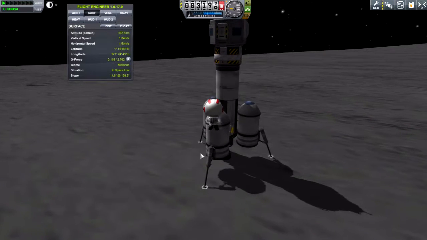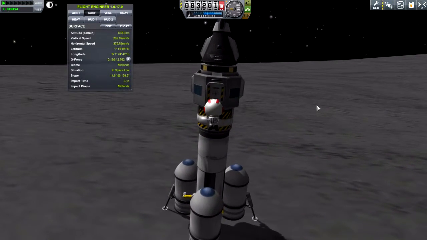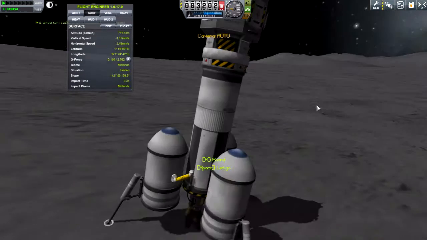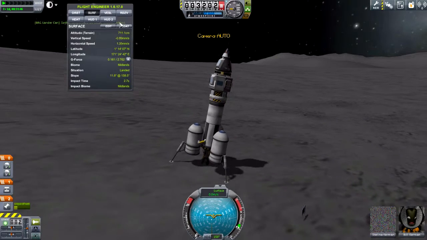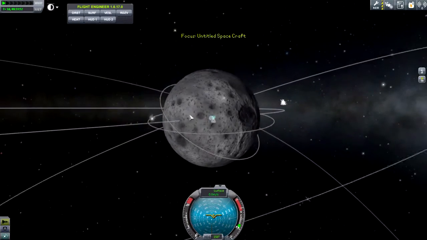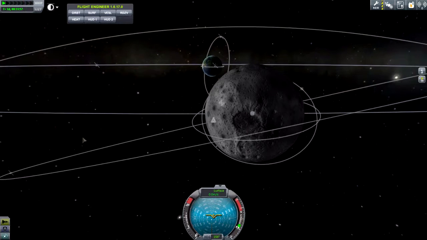And then of course we bring Bill back. Now, here's a thing that we talked about some in a previous episode, and we're just going to quickly go over it again. If you look at the map, which I'll open up here in a second, you can look at where I am, and if you notice, almost straight out is where I need to go to get back to Kerbin, because of course that's